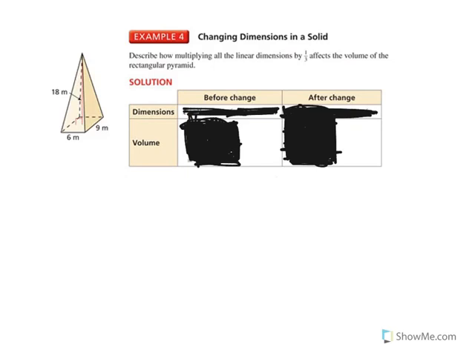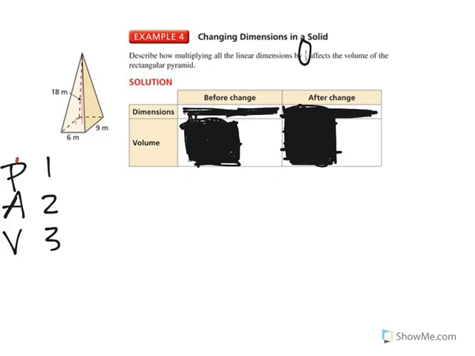Alright, example 4. Let's talk about changing the dimensions of a solid. Describe how multiplying all linear dimensions by 1/3 affects the volume of the rectangular pyramid. Alright, so here's a quick trick if you haven't learned this already. I taught my kids this thing called PAB 1, 2, 3. And what this represents, it talks about the effects of the changing